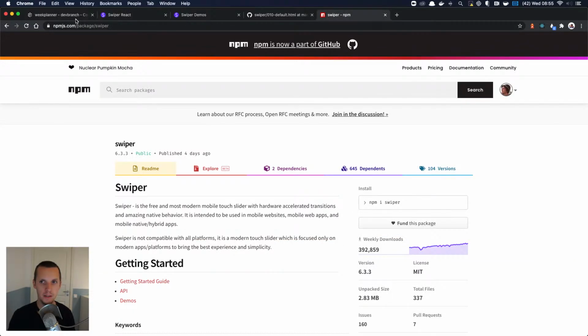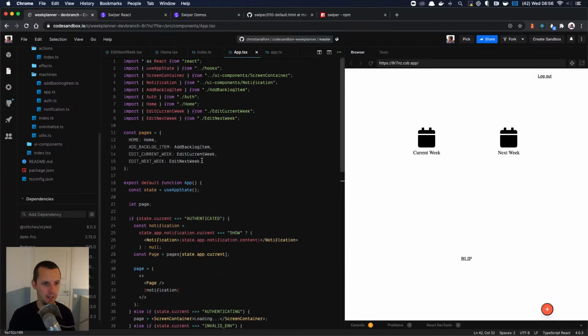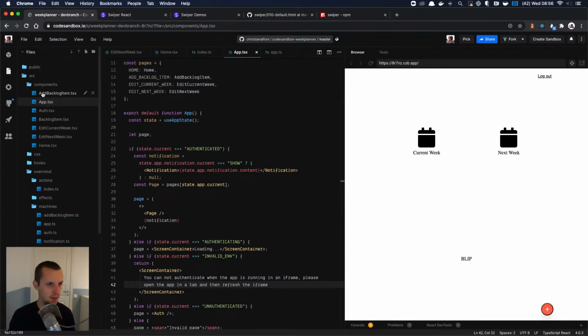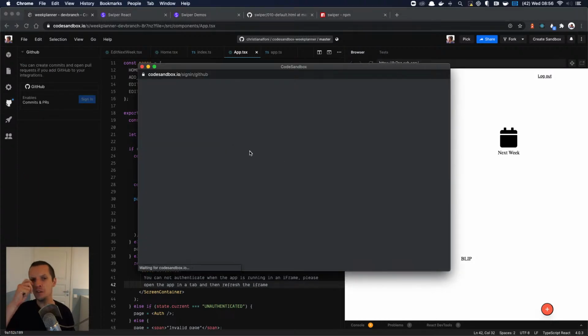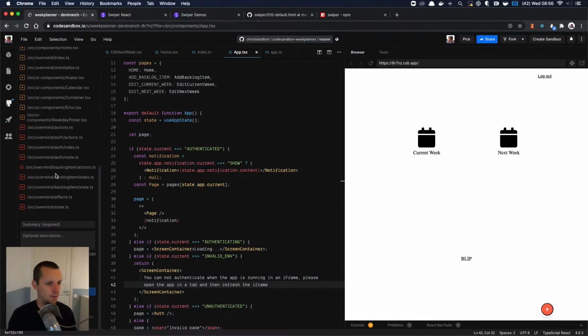Anyways, Swiper. Let's get Swiper in there. Cool. Let's see if we can get a basic thing running here. Sign in. I'll try to commit this stuff. Got weeks running. Yeah, we're committing directly to master.